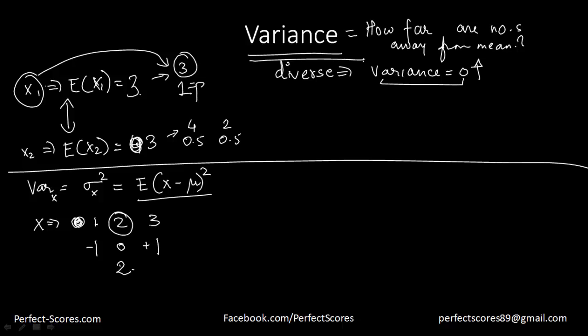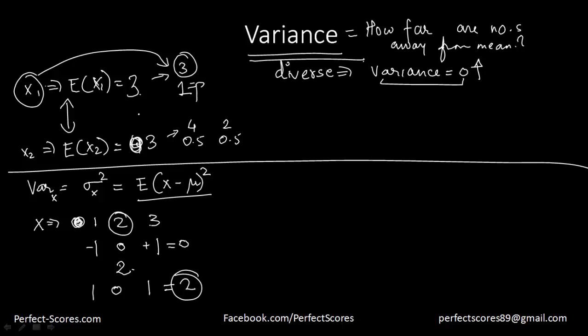This number is 1 away from the mean. This number is exactly at the mean. This number is 1 ahead of the mean. If I add the deviations from the mean, it's always going to come down to 0 because the negative deviations will cancel out the positive deviations. To remove that problem, I will square the deviations up. I'll call it 1, 0 and 1, and I'll say yes, this set has certain variance, which is why I square this up. Just a little explanation that I've provided.